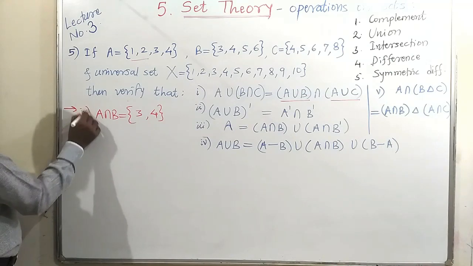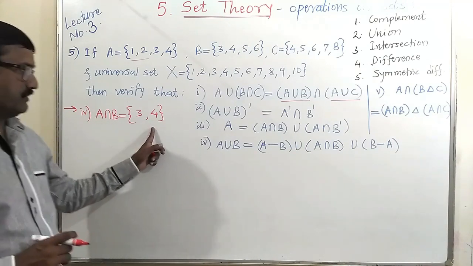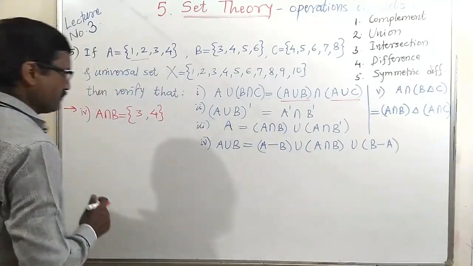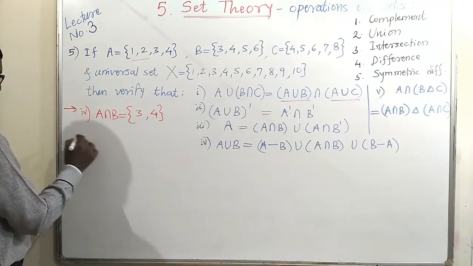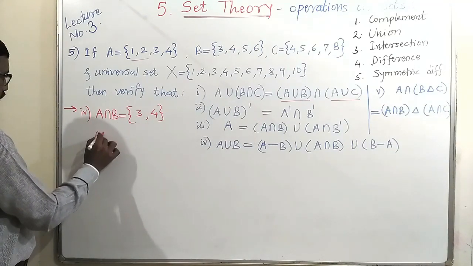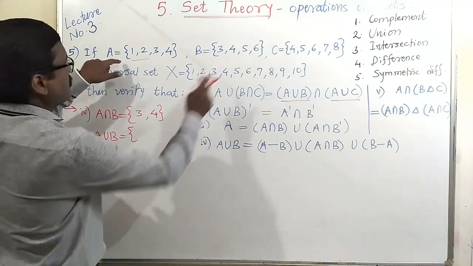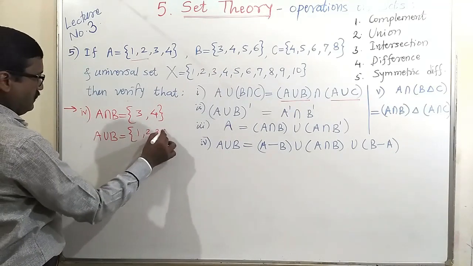See fourth, result number 4. In fourth, A intersection B is equal to 3, 4. Here intersection is given. Again A difference B, A union B and B difference A are there. And A union B. A union B is nothing but the union of these two sets, A and B, that is 1, 2, 3, 4,